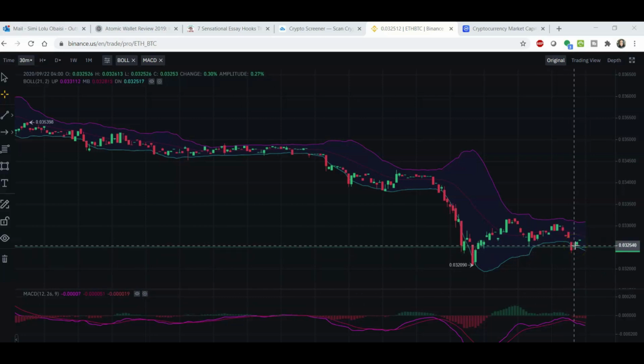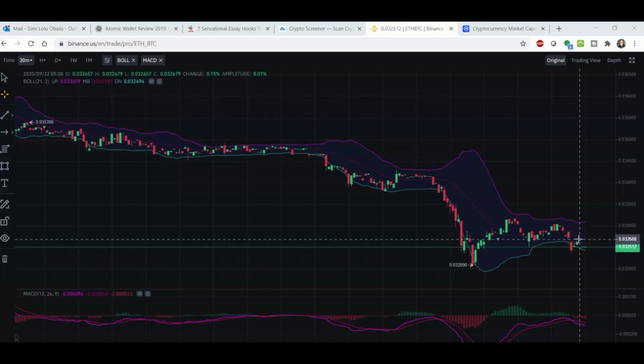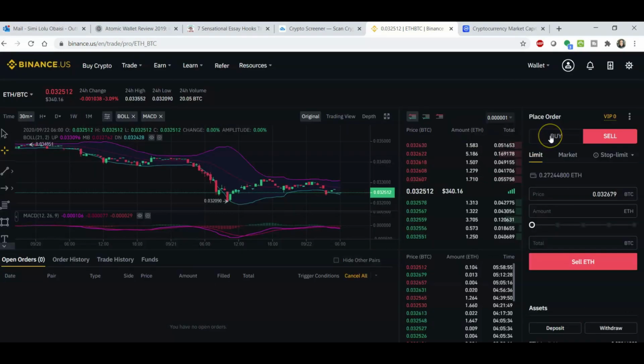I would consider this a decent point at which to enter into this trade. So I'm going to go right over to my trading screen, and I'm going to buy into this pair. So I'm picking up some ETH using my Bitcoin. The price at which I'm picking it up is right here,